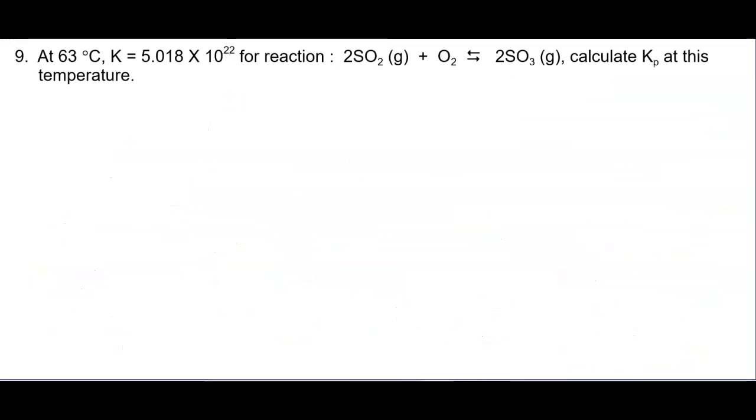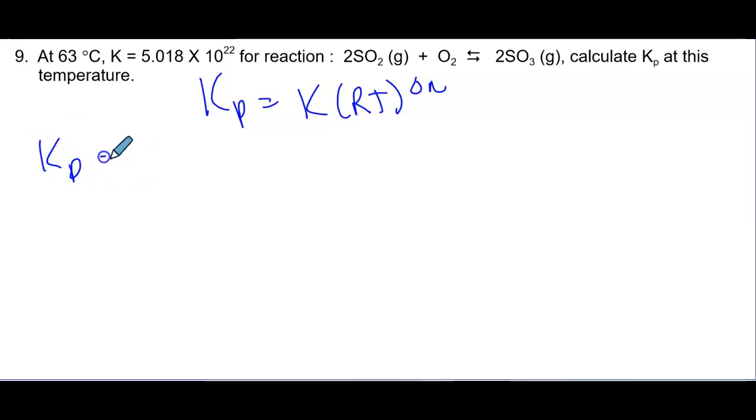Okay, so next kind of problem here is where we have a value of K, a reaction, and it wants us to solve Kp. The relationship between K and Kp, if you recall, is Kp equals K(RT) to the delta n. Okay, so let's solve for Kp. So what do we know? Well, we don't know Kp. We know K to be 5.018 times 10 to the 22nd. R is a constant,